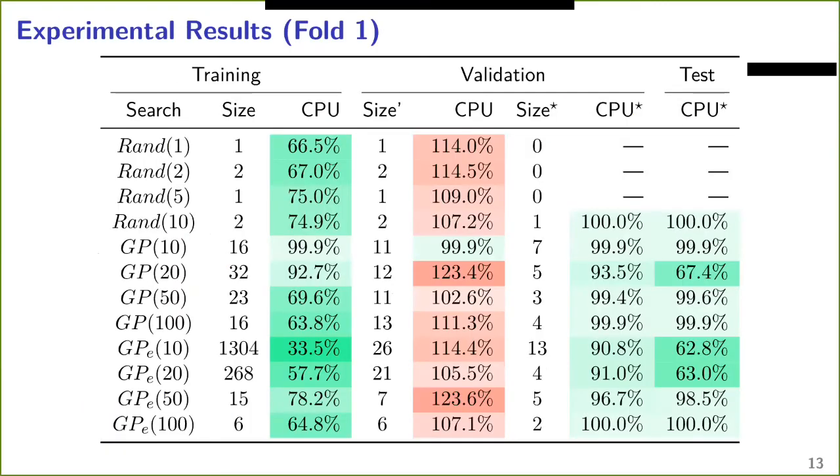Now we will describe two sets of tables for the experimental results. These are the first results we obtained. I'm using the first fold as test. As you can see in the first column, these are the training results. For one of the GP approaches, we have a software which only uses 33% of the number of CPU instructions of the original software. That means it is 3 times faster.